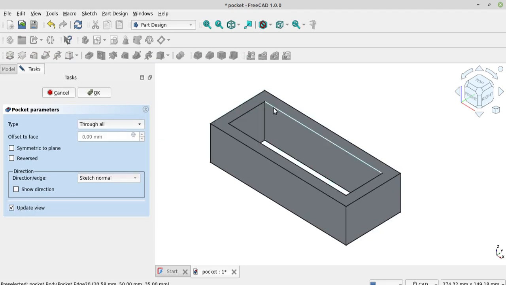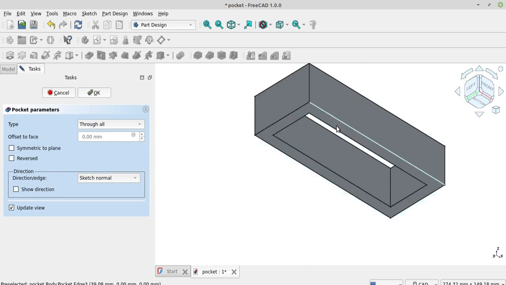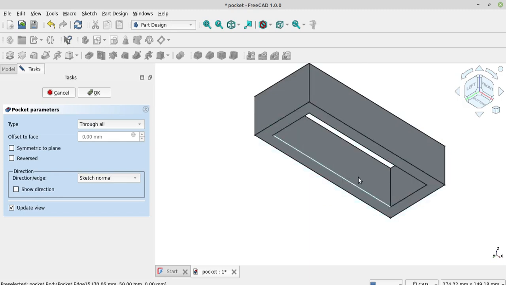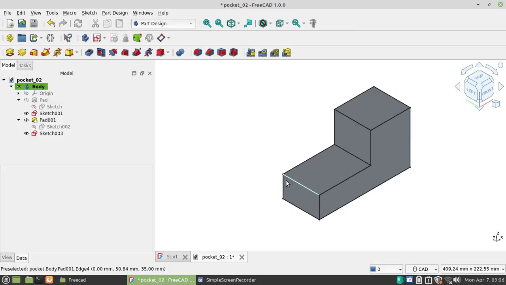The final result is cut to the bottom, and we cannot edit the depth or length in this feature. Okay, that is the second type of pocket.